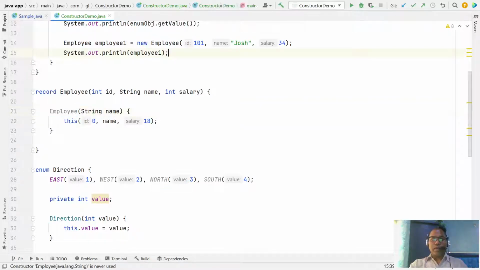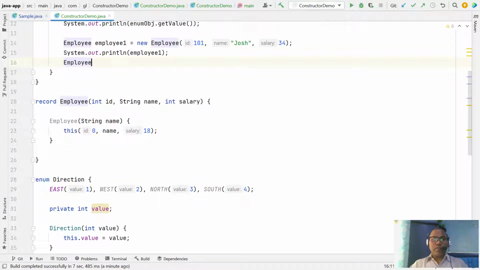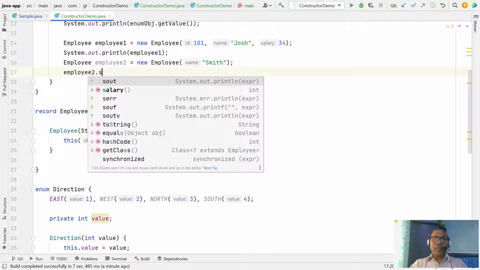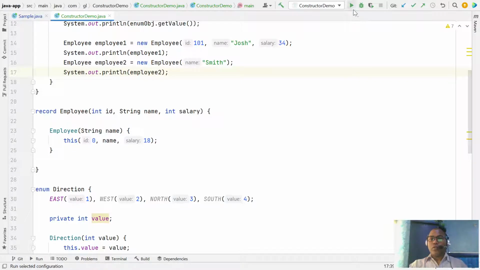Now you can create an employee2 equal to new Employee with the name only, Smith. Okay, employee2 output. So here you can create an employee with a different constructor, while the 3-argument constructor is already created.